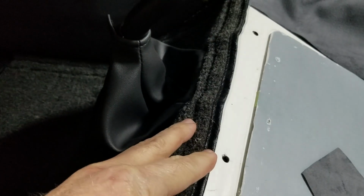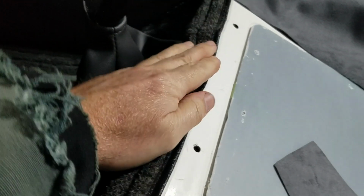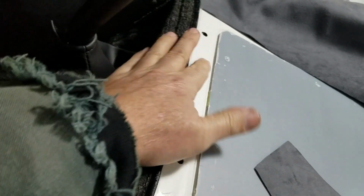This will attach. This has Velcro. You peel this off and stick it down to the seat, and the seat cushion will lay over the top of that. I need to redo those a little bit. They're a little crooked, but